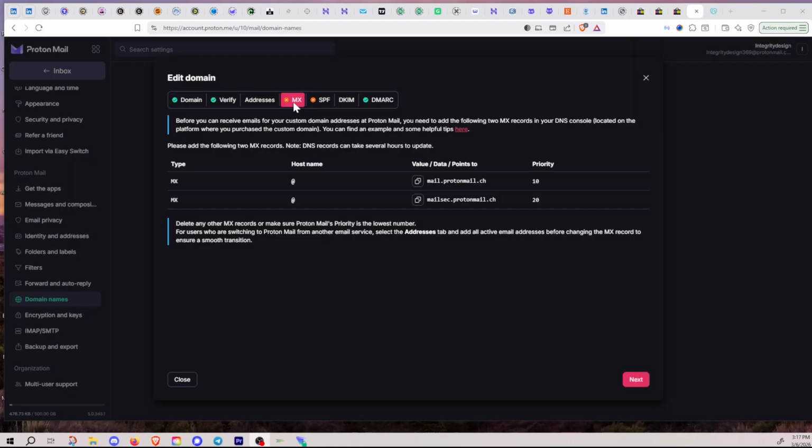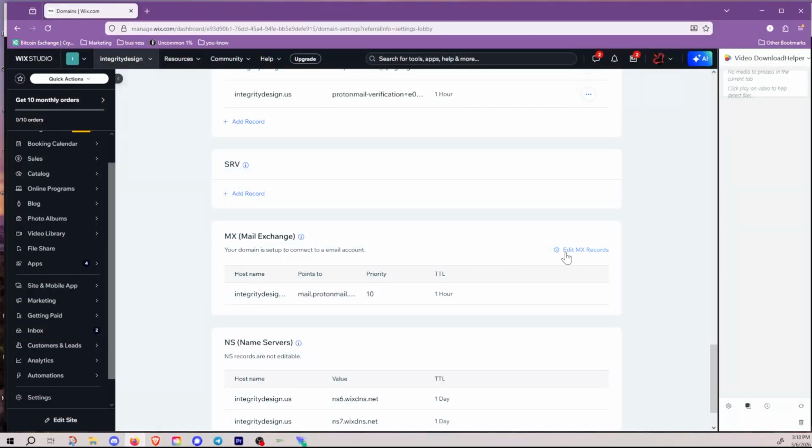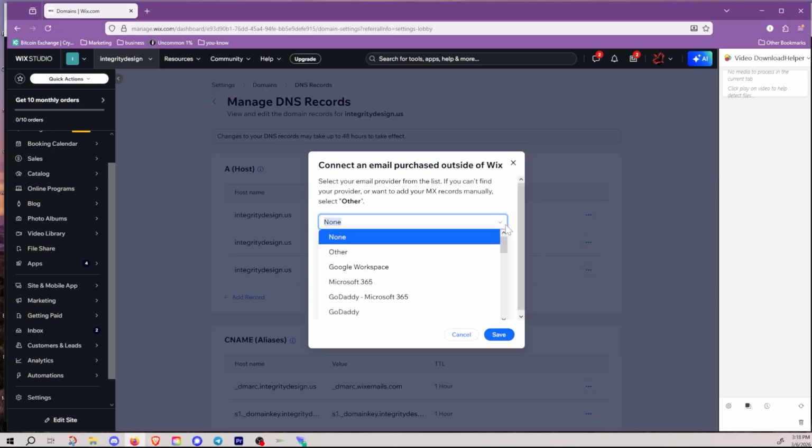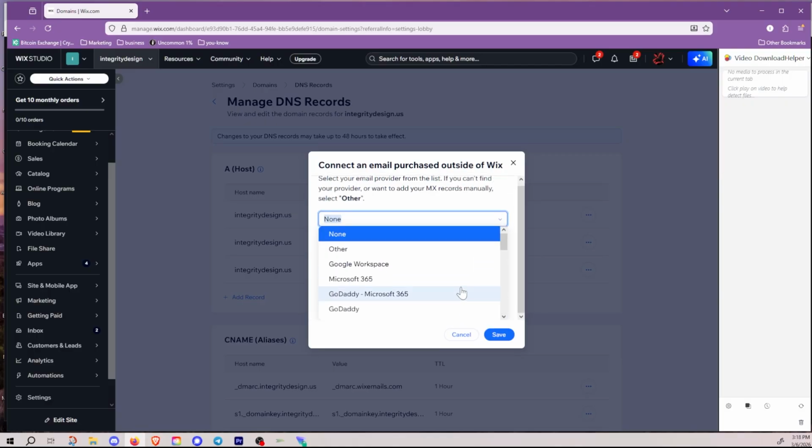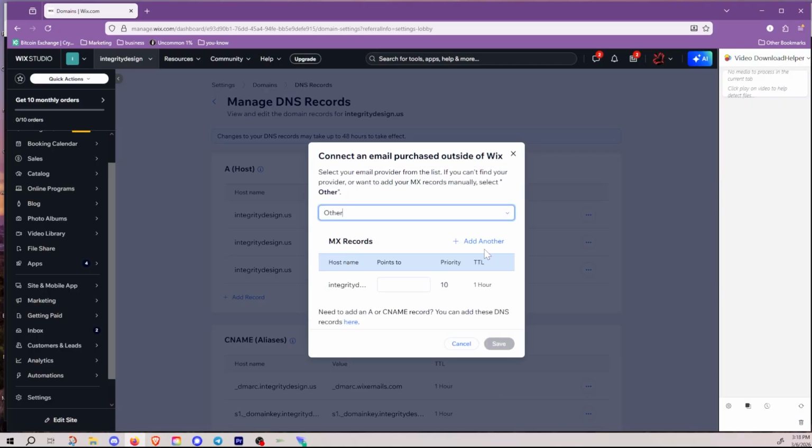So this section with the MX, that stands for mail exchange, and this is the part where it points from Gmail over to Proton Mail. So this is really important. And it looks like there's two of them here, and I think this is just like a time limit or something like that. I'm not sure exactly, but we're just going to copy this first one here. And then I'm going to go back into the Wix section where it says MX Mail Exchange and click Edit Records. Since Proton Mail doesn't show up on this section here, I will click Other,